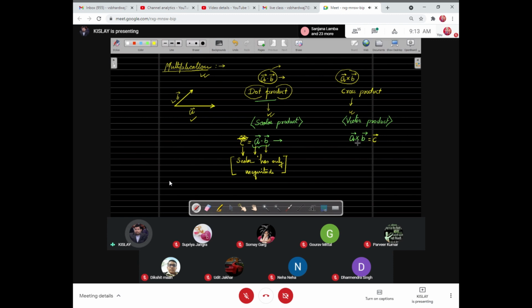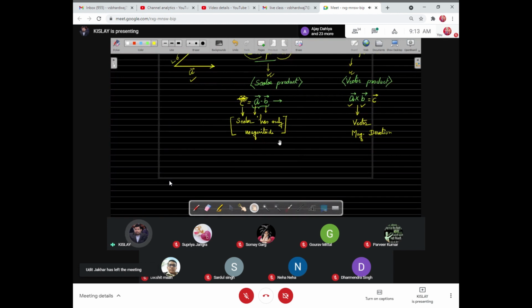Here A cross B is a vector quantity. If we write it is equal to C, then C must be a vector. Okay? हम कैसे फाइंड करेंगे ये हम आगे डिस्कस करेंगे, बट आप इसके नेचर को समझ लीजिए. This is a vector. A is a vector individually, B is a vector individually, and A cross B is also a vector. इसके पास मैग्नीट्यूड एंड डायरेक्शन दोनों होगा. क्रॉस प्रोडक्ट निकालने के बाद भी इसके पास मैग्नीट्यूड एंड डायरेक्शन होगा. I hope it is clear to all.